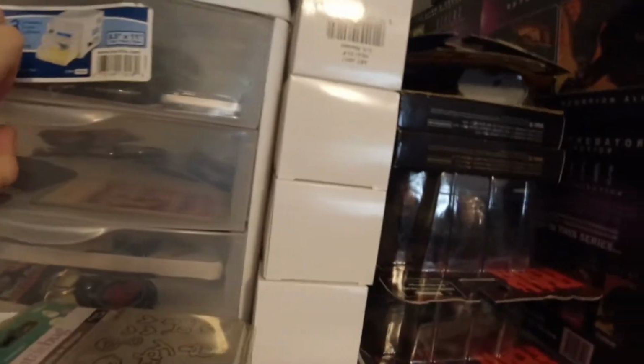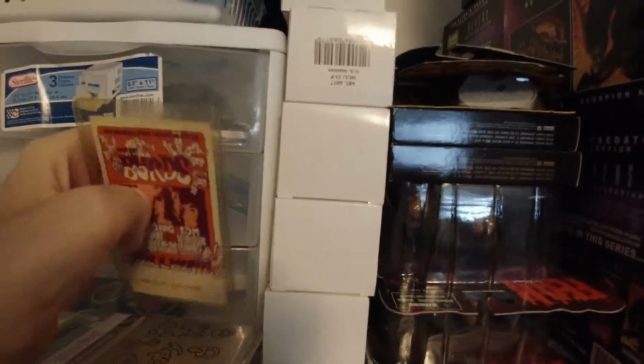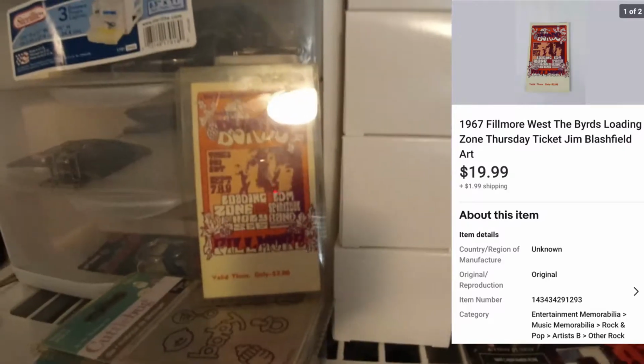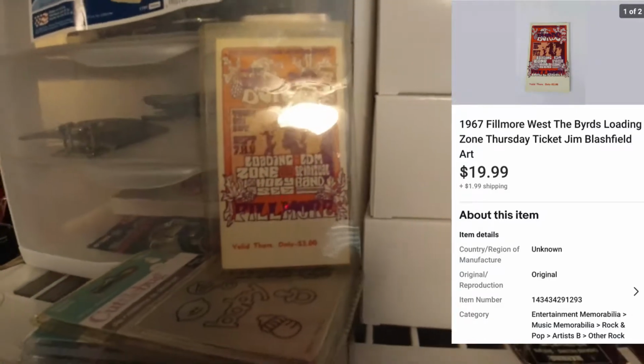Today is Thursday, October 8th. And we've got one sale for yesterday. Let me show you what it is. Okay, the one item we sold is up here in the little drawers that we have. And it is a ticket from Fillmore West. And it's sold for...